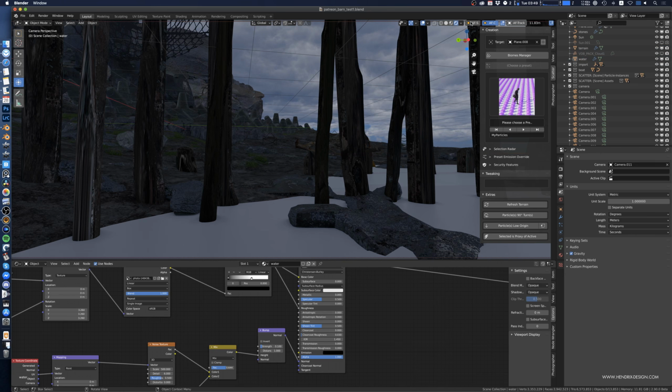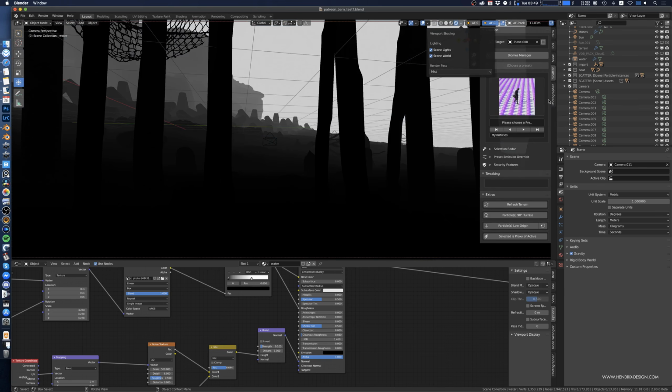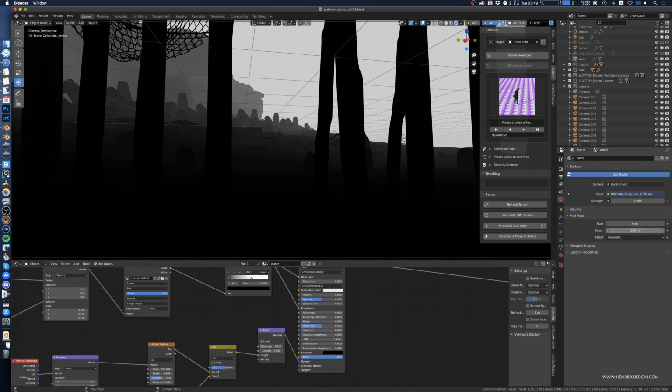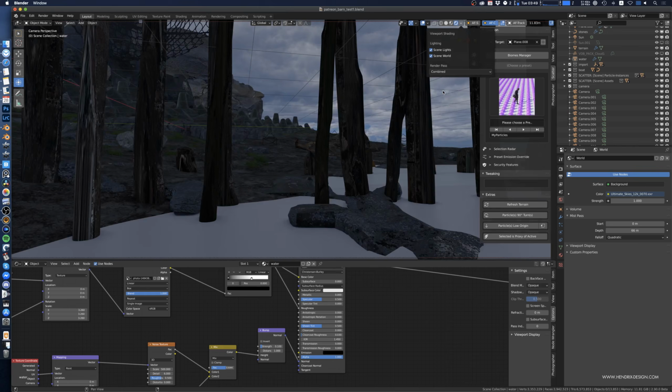I want to show you the depth pass. So once you're in Eevee, you can click on this little arrow here and go to render pass, mist, and now with this here you can influence the gradient of black to white, so you get the ideal distribution of a very light value in the back to a very dark value in the front. And that is that. So we go back to combined,